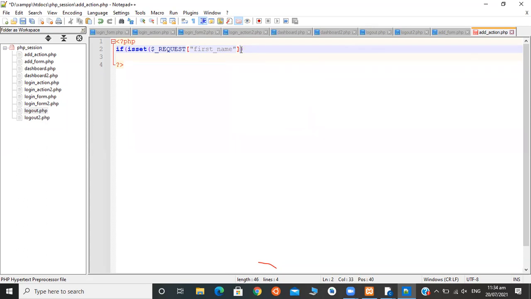If we say $_REQUEST first number, then again we have to check if second number is present.